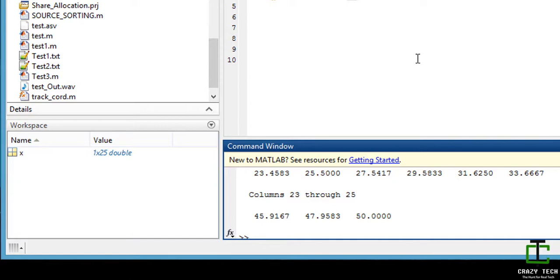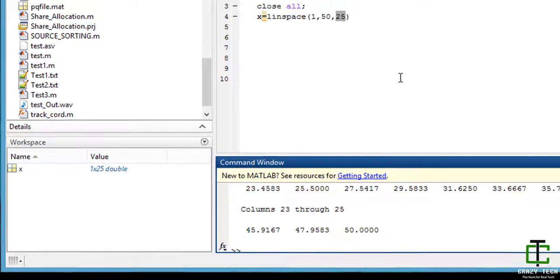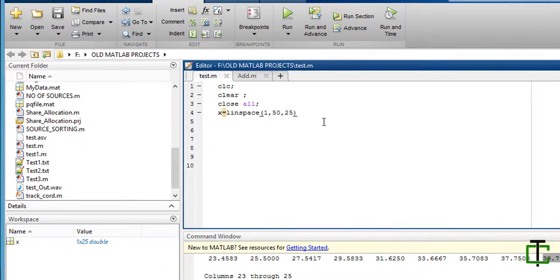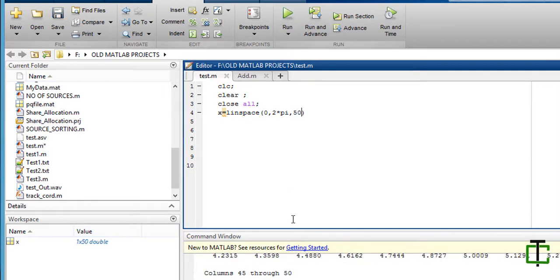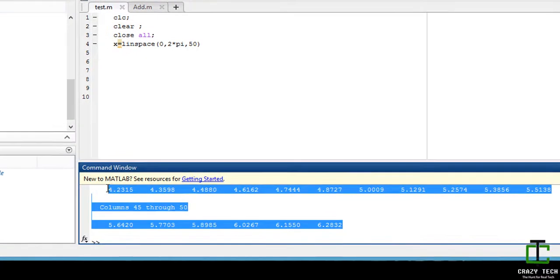Okay, so let's say I want to divide 50 equally spaced numbers between 0 to 2 pi. Now you have your equally spaced numbers in radian.